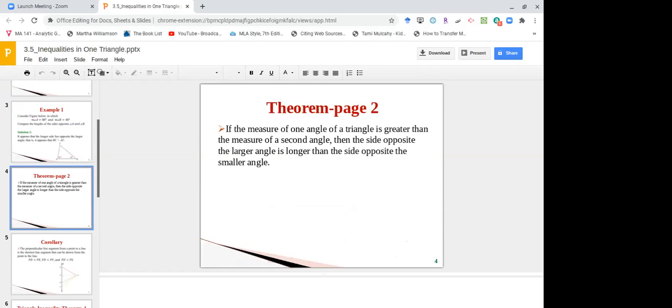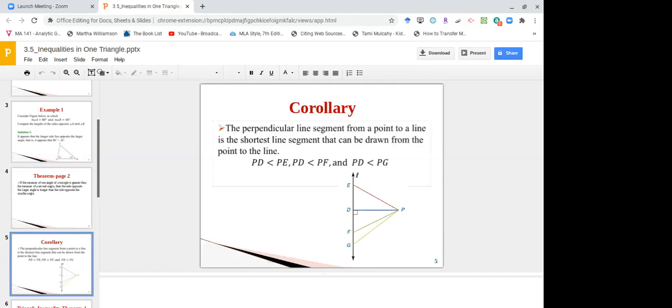If the measure of one angle of a triangle is greater than the measure of a second angle, then the side opposite the larger angle is longer than the side opposite the smaller. And this is pretty much another version of what we just got done saying, which leads us to the corollary